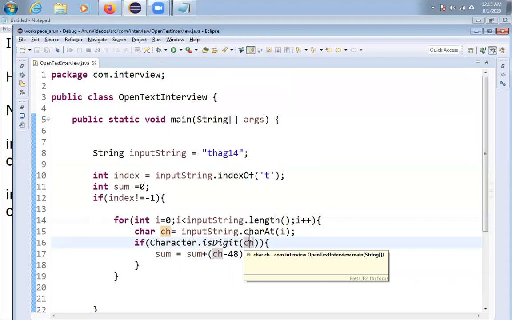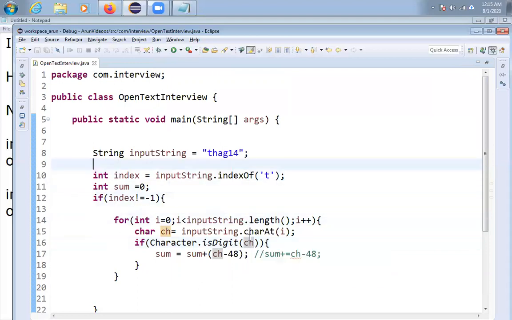In the next part, in the next video, what I want to do is, if the input string is having multiple words, if it is a sentence, then how to achieve this one. Friends, if you are not understanding, please let me know in the comment section. If you are not understanding, definitely I'll make a separate video on that.